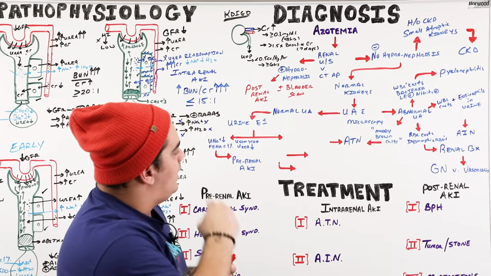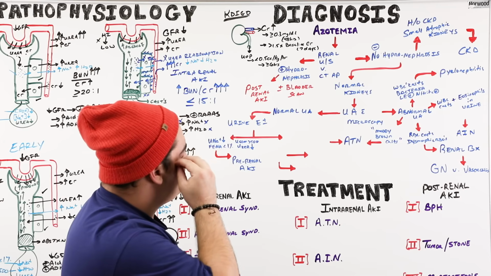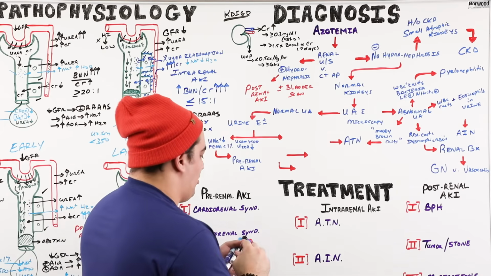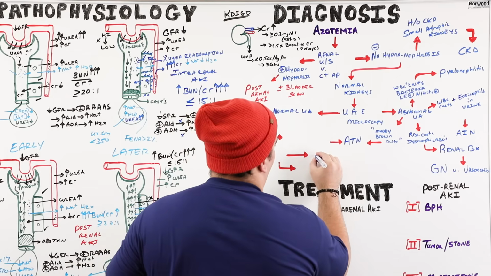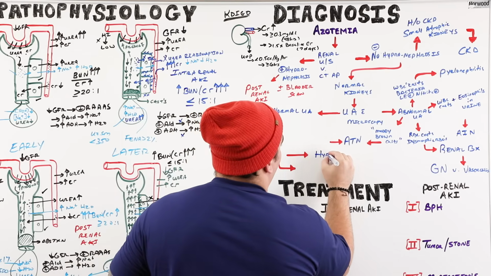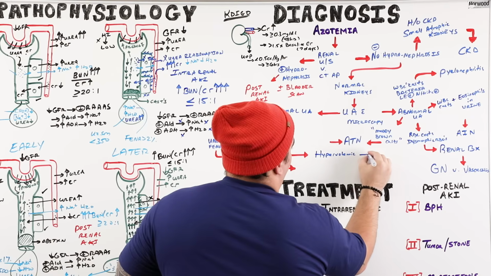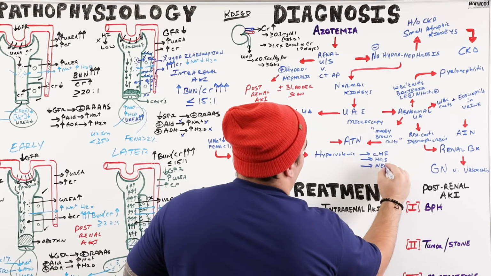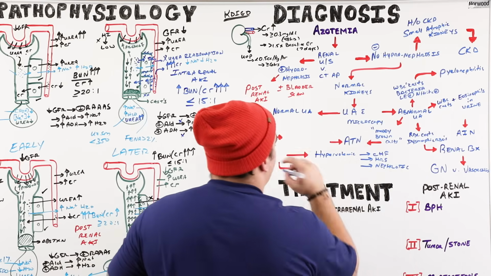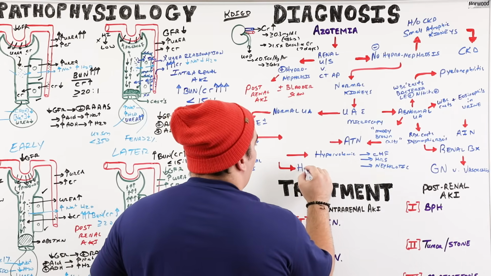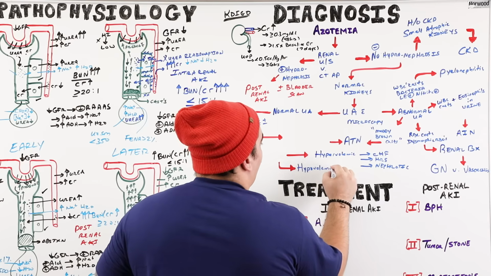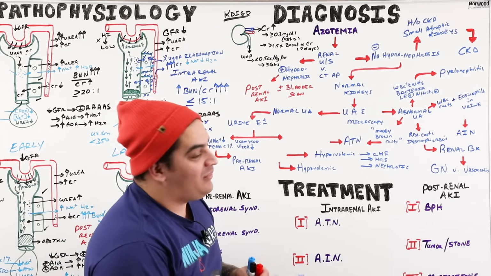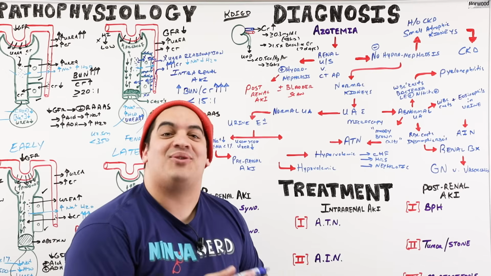And then you have to get down to the bottom of it. You say, okay, is this pre-renal AKI that this patient has due to some type of volume issue? In other words, you have to determine, is this some type of issue where they're hypervolemic? And this is usually those cases of CHF, hepatorenal syndrome, nephrotic syndrome, things of that nature. Or is this a case where they're actually hypovolemic? Their total body volume is low. And those were your burns, your vomiting, your diarrhea, right? It was the diuretic use, blood loss, and so on and so forth.